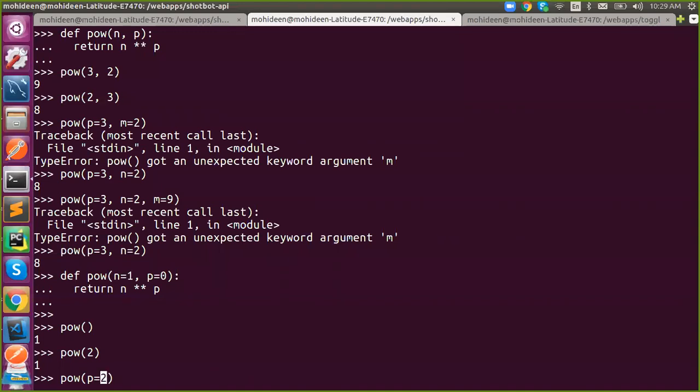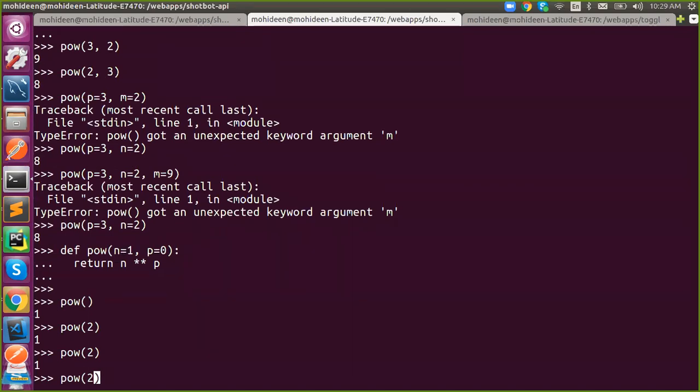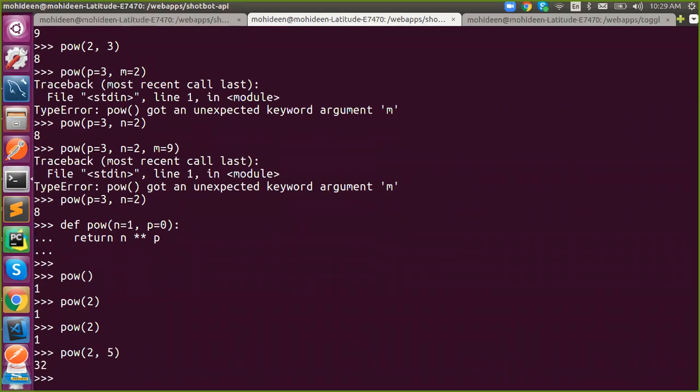But Mohit, here we are just passing one argument, no? So how is it taking? The second has a default, right? So here I never pass anything for it, because both my parameters contain a default. If you pass 1, it takes it, because this will be assigned to n. So now 2 to the power 0. If I pass 2, what will happen? n will be 2, p will be 5. 2 to the power 5: 4, 16... 32. 16 into 2 is 32. Got it?